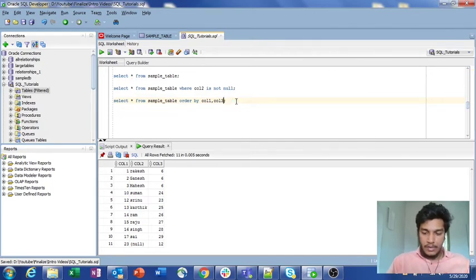Here, if you specify two or more columns, you need not specify anything, because by default it will print in ascending order. If you observe, both column 1 and column 3 are in ascending order. If you want descending order, you specify DESC and then DESC. Let us see the output. If you specify like this, column 1 is sorted in descending order, as well as column 3.